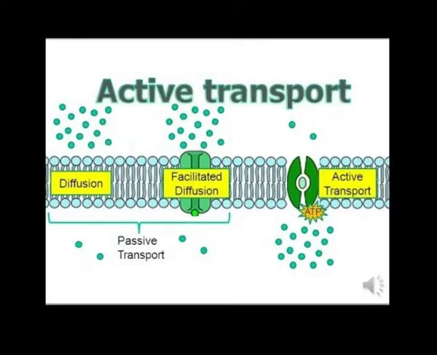But before that, let us understand what is active and passive transport. Now what is active transport? It is the movement of substance against the concentration gradient, that is from the region of lower concentration to the region of higher concentration, and this always requires energy which is supplied by ATP.